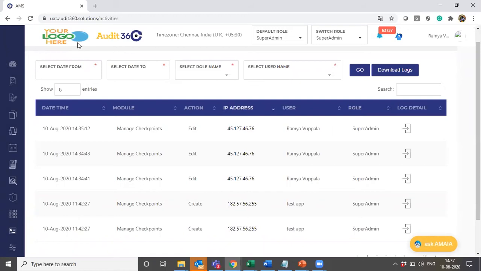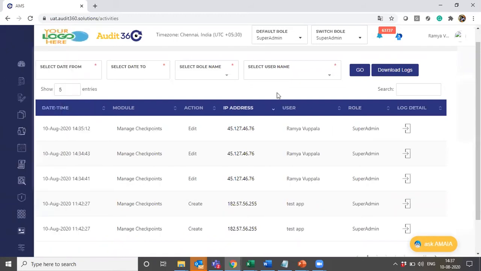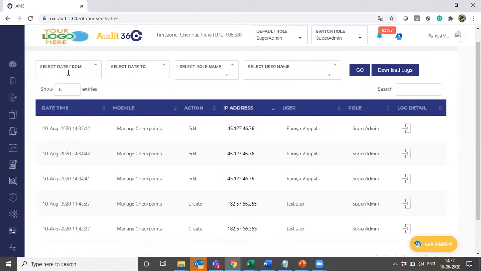So whatever the filter we have here, if you see the filter earlier, we were giving only date, the select date from or to only was given. We have also introduced the role and the usernames in the filter as well. If you would want to go with any of the roles in your domain or on the server which you have, you can even choose for which auditor you would want to review the activity.